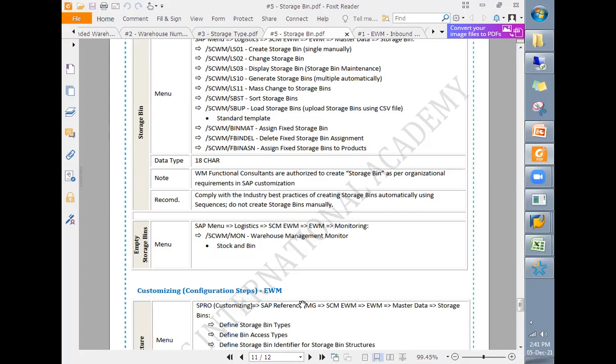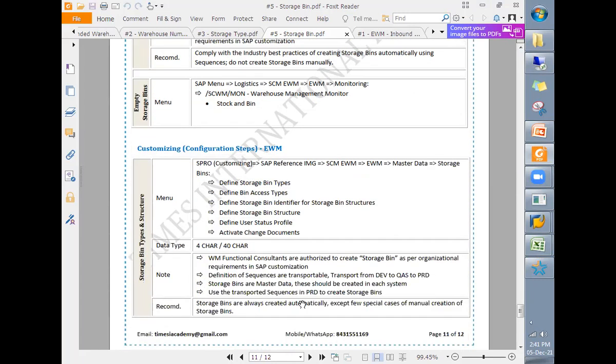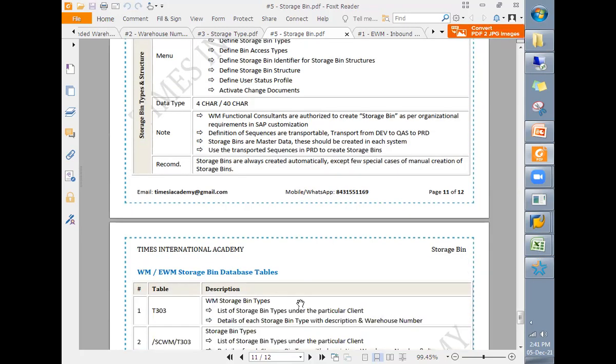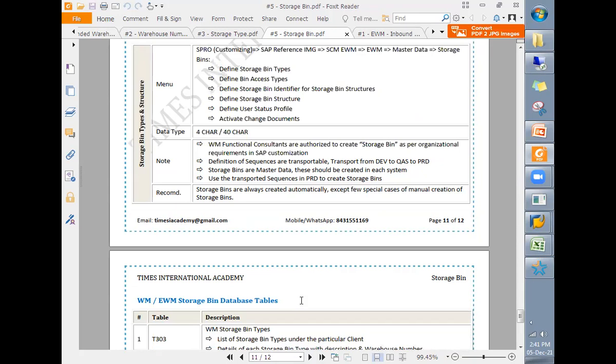Sir, one more question. Most of the companies are in a migration phase from WM to EWM. If I'm working as a junior EWM consultant and my client is in a migration from WM to EWM, will you at least include how the master data will be migrated from WM to EWM?